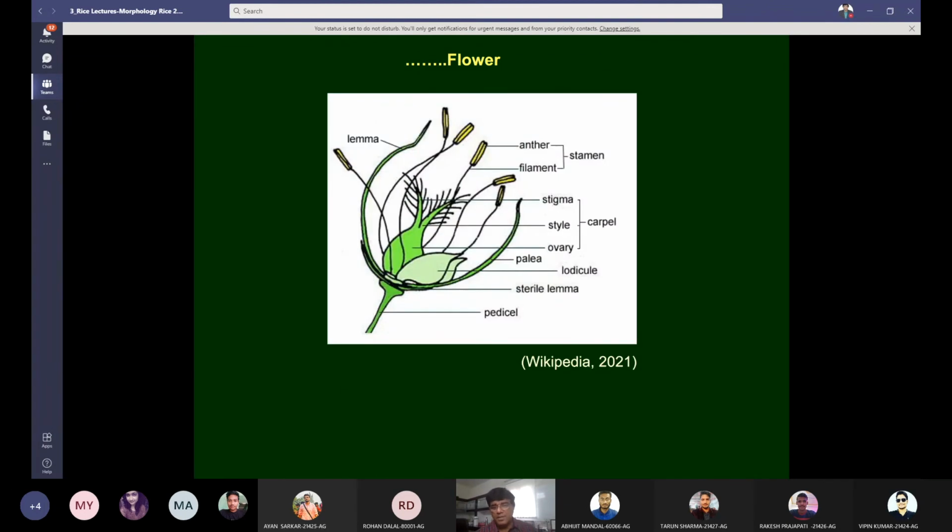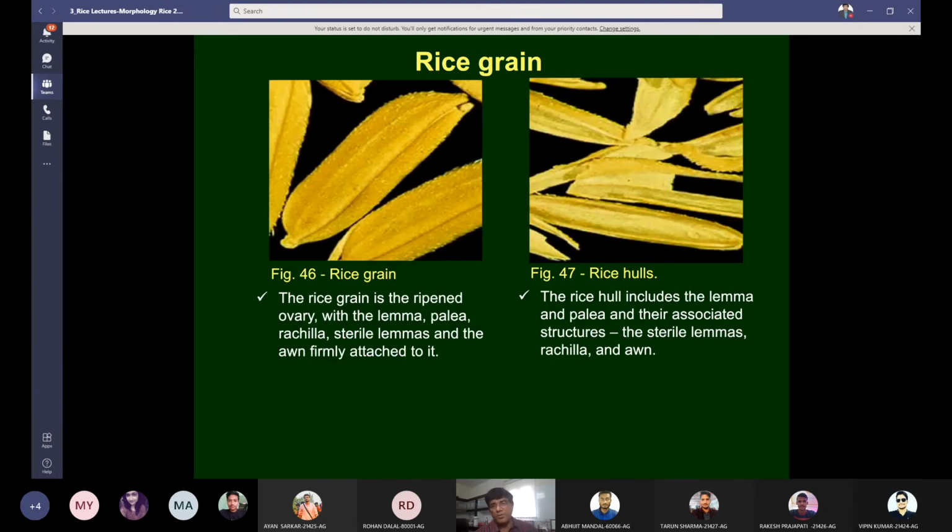Now you see, again, this is to make you more clear about the picture of this floret and spikelet. And now the rice grain: these anthers will shed pollen grains. They will germinate on the feathery stigma, and the pollen tube will reach the ovule and fertilize it.